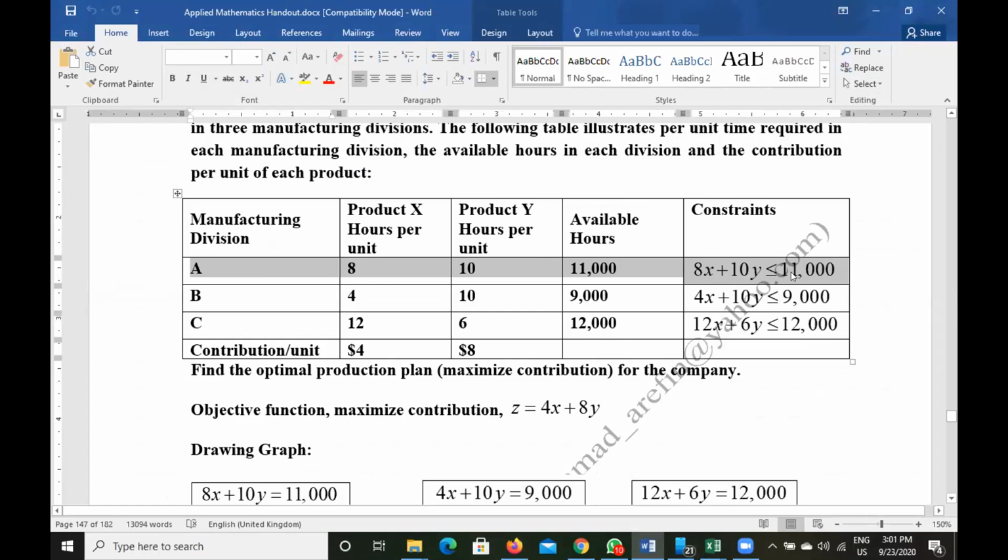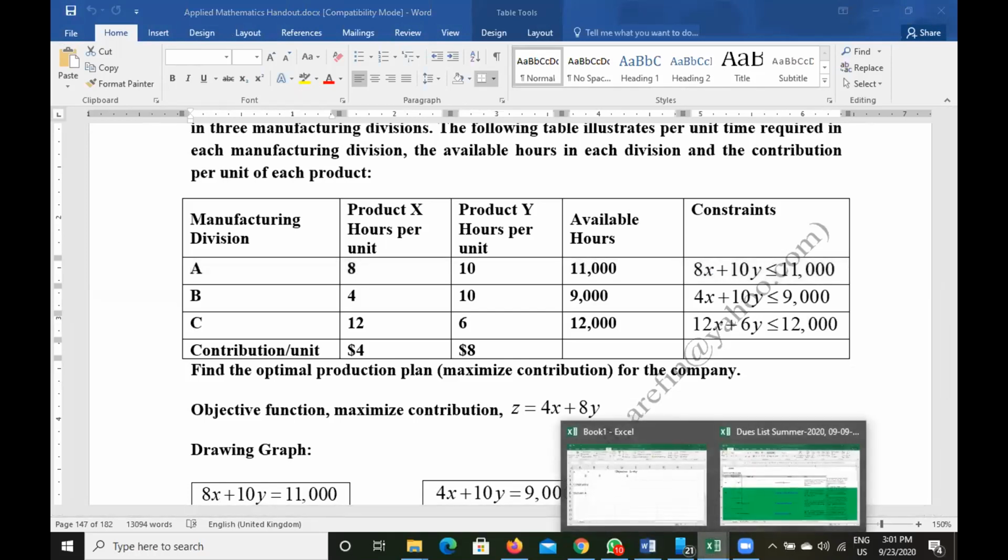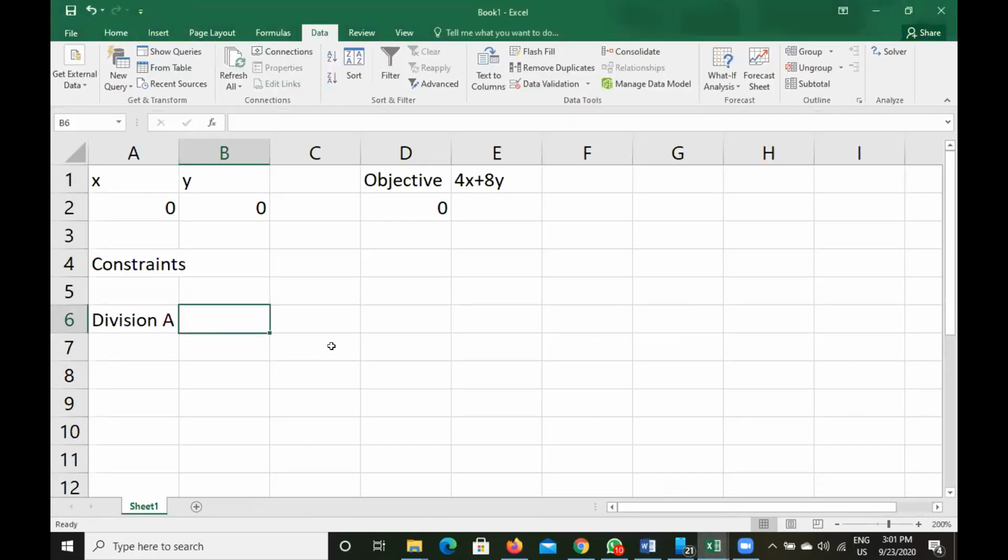Forget about the inequality. I will show you how to get the inequality later. Just focus on the function. The function is 8x plus 10y.